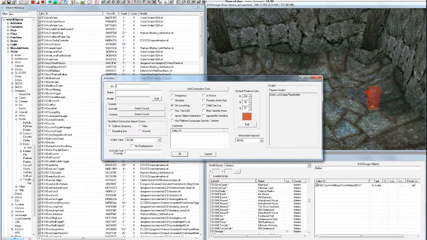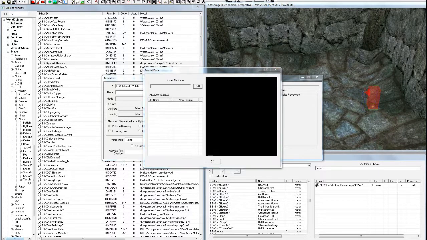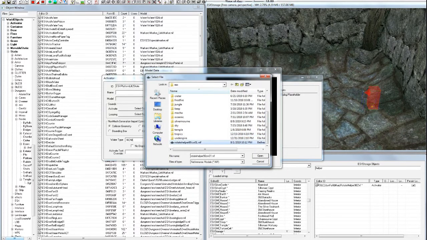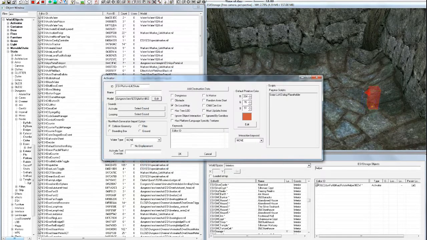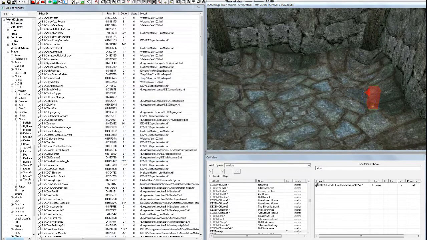So just make a new activator, and let's call it whatever you want. And let's import that thing that we just exported. Okay, now